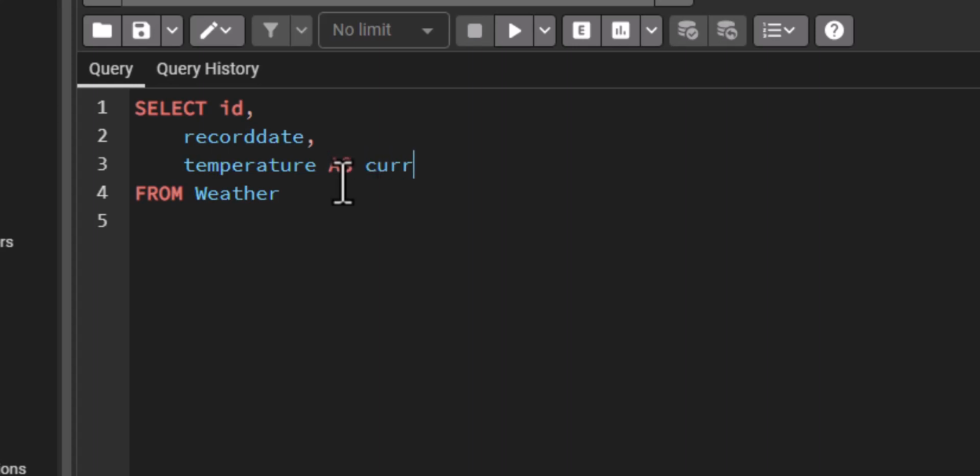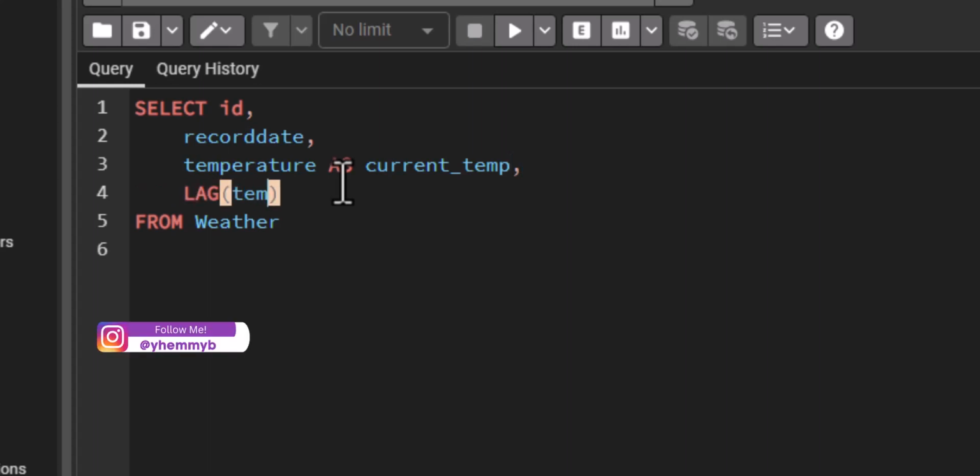So I can call that current temp, okay? And then the next thing is we are going to put a lag right here. So we are going to be putting the temperature column into our lag